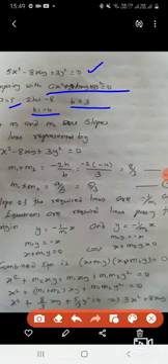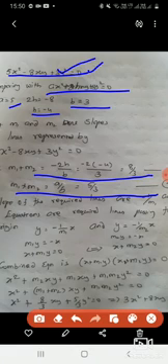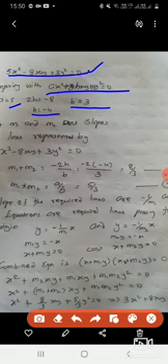And m1 and m2 are the slopes of the lines. There are two lines represented by this equation, and m1 and m2 are their slopes. So m1 plus m2 is this one, and m1 into m2 is this one. We'll consider these as equation numbers 1 and 2. Now listen, after considering these as 1 and 2,